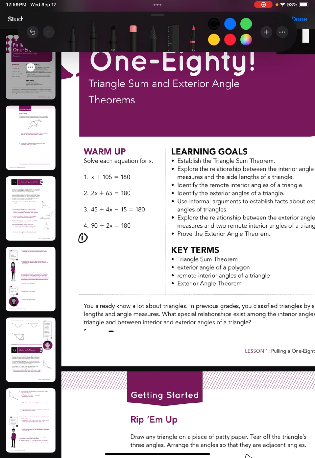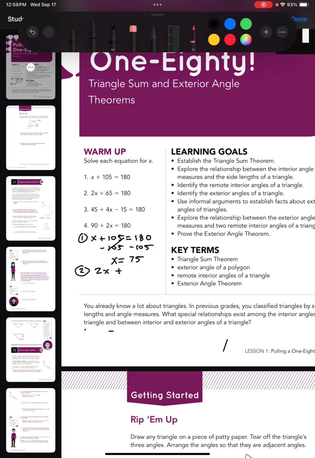I'm going to solve the first two, then leave the second two for you to try. But I'll give you the answers so you can check your work. So for number one here, we just got one step. Subtract 105, and we get x equals 75. For the second one,